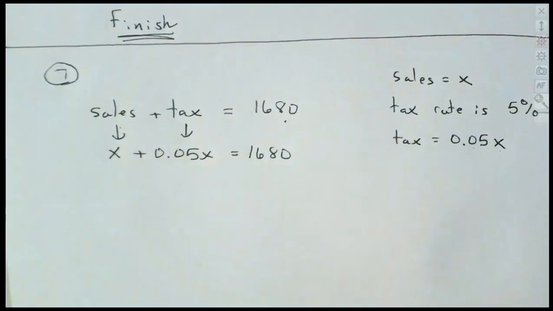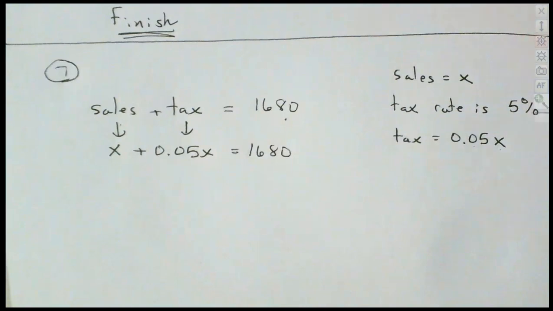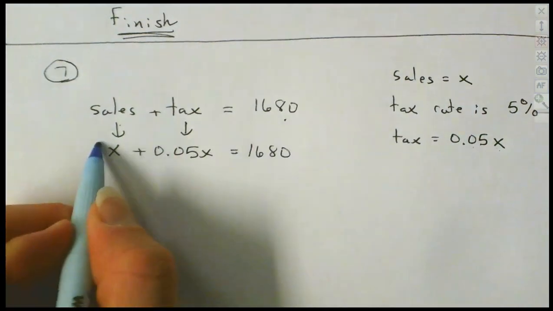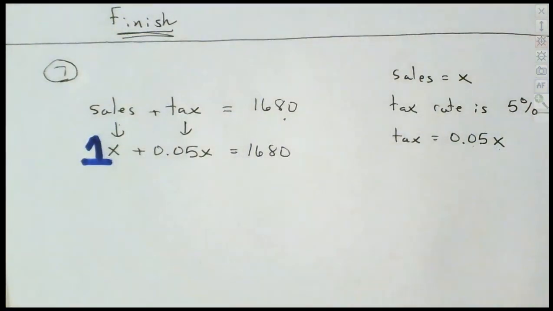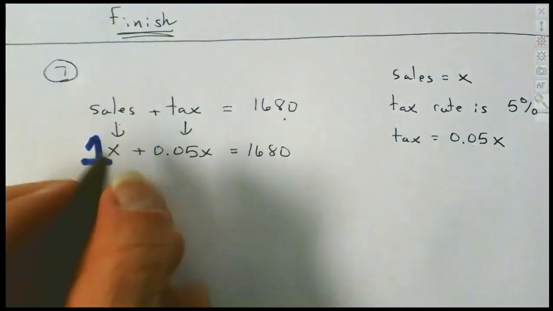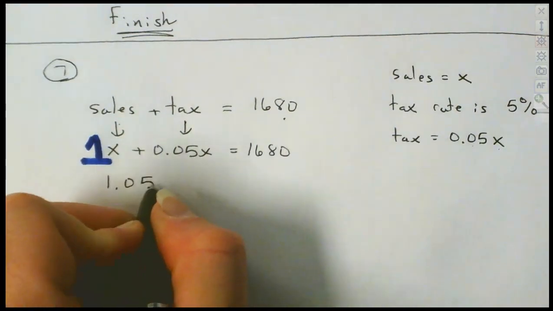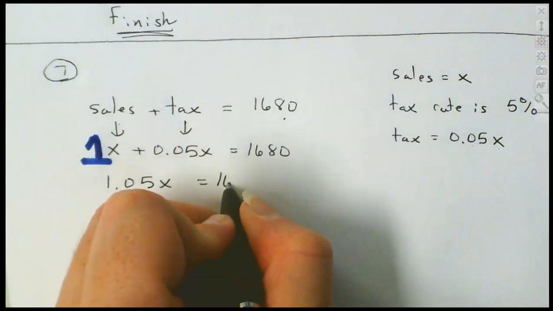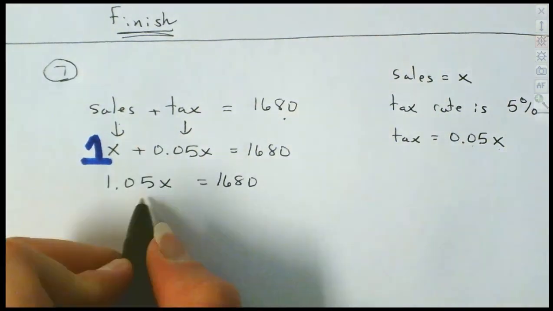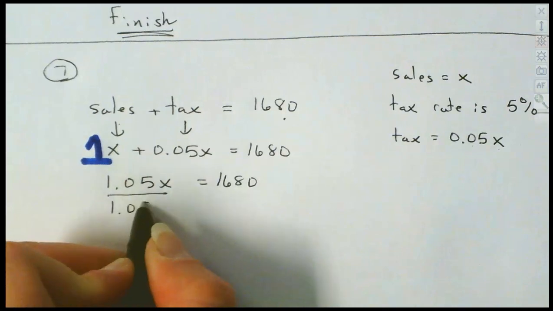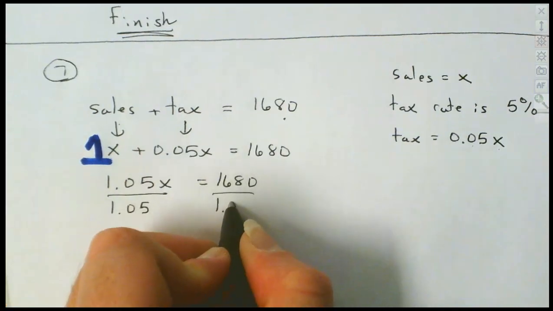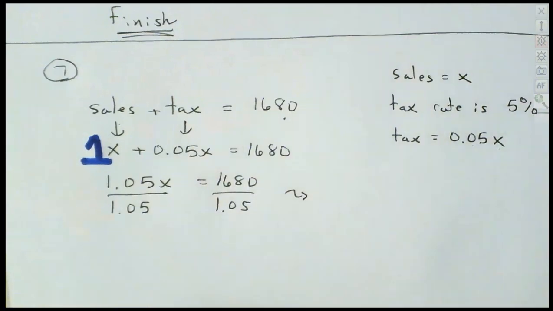I'll go ahead and finish this one out, just so you can see how to get both parts. Be very, very careful when you add these together on the left-hand side, because this is 1x here. So when we add these together, we get 1.05x. That equals 1680. We'll divide by our 1.05. That leaves me then with the value of x to be,